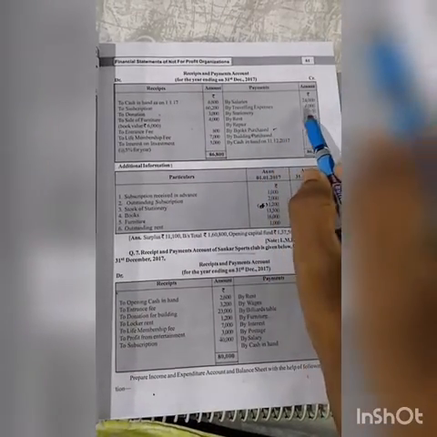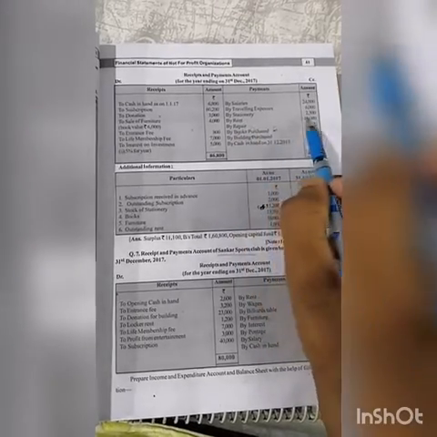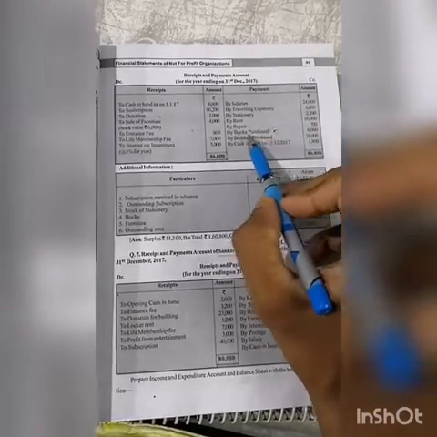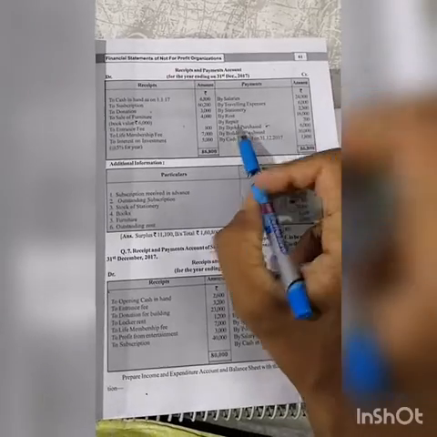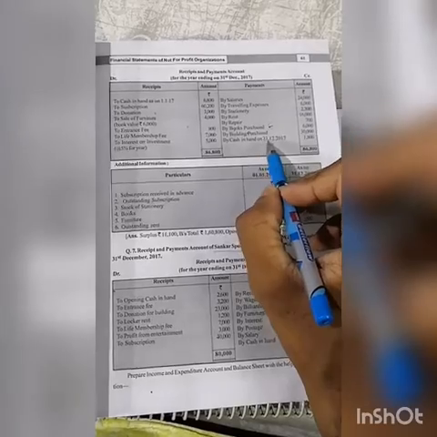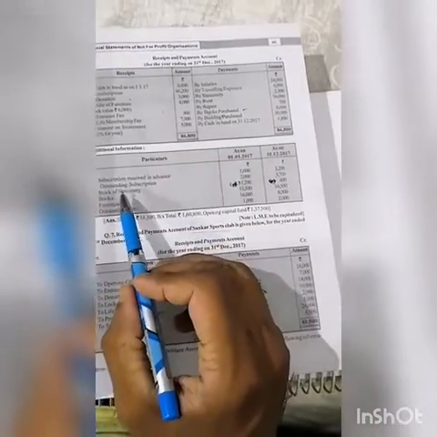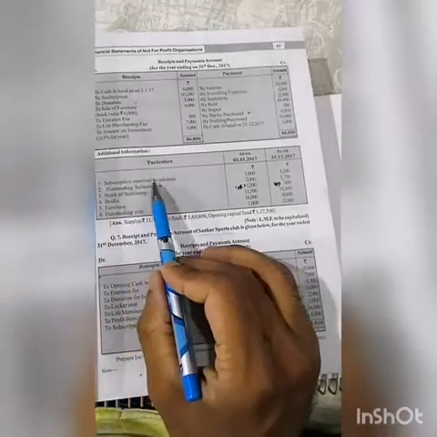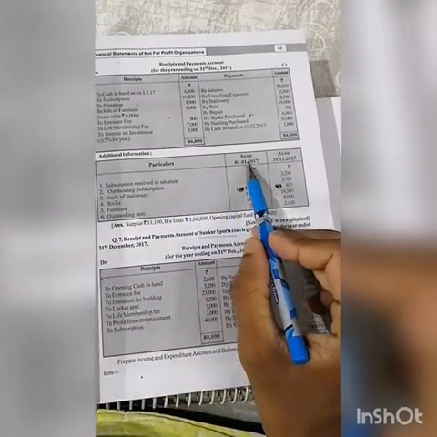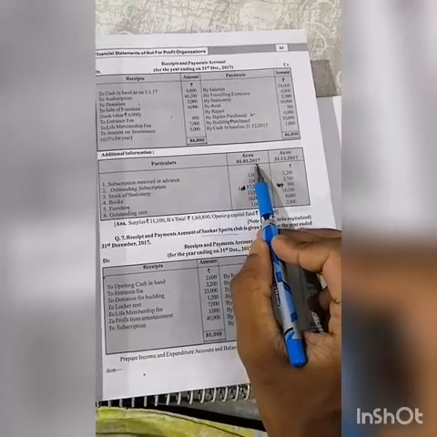Salary is given 24,000, traveling expenses, stationery, rent 16,000, repair, book purchased, building purchased, and the closing balance of cash is 1800. And in adjustment it is given that subscription received in advance as on 1st January 2017